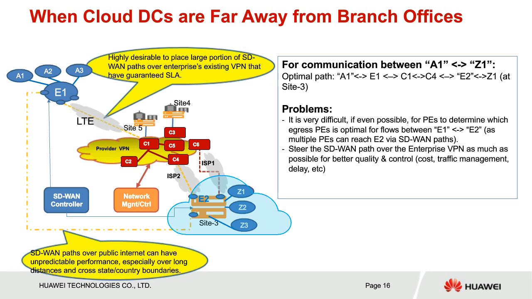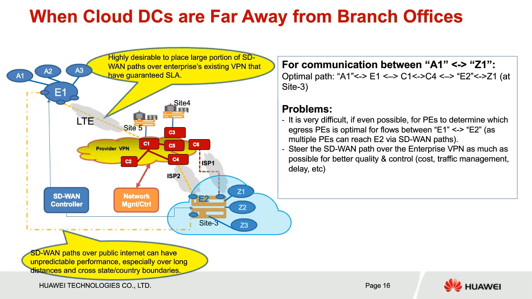So one of the choices would be they create SD-WAN among E1 and E2 and just let the traffic flow anywhere. They are okay. That kind of model works okay when they are close to each other. When E1 and E2 are physically very close to each other, like if you are in one city, one campus. But when E1 and E2 are far apart, one in China, one in US, then the traffic can flow anywhere. And if you have a flow that consists of 100 packets, 1,000 packets, all those packets can flow in different directions, causing different delay, causing different variations. So performance cannot be guaranteed.